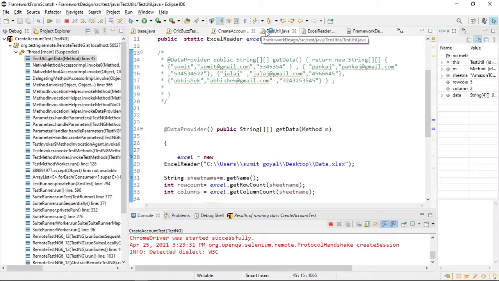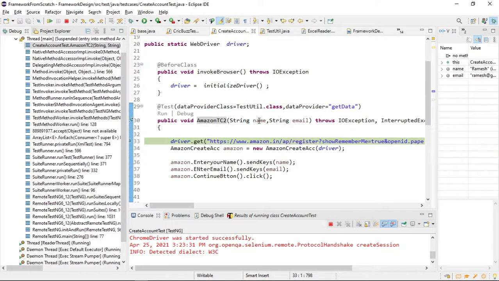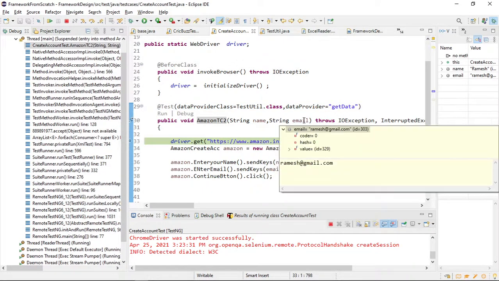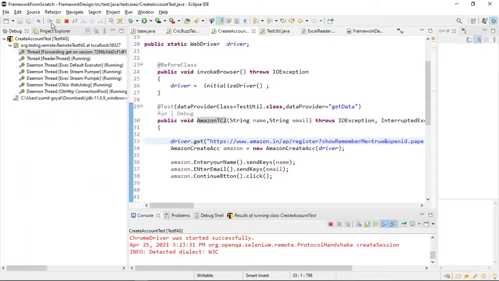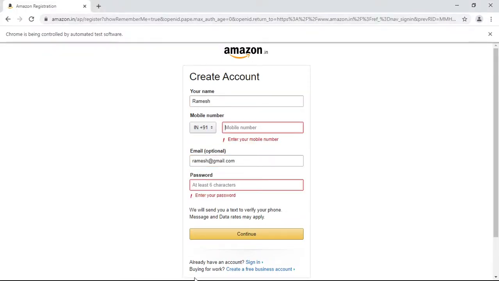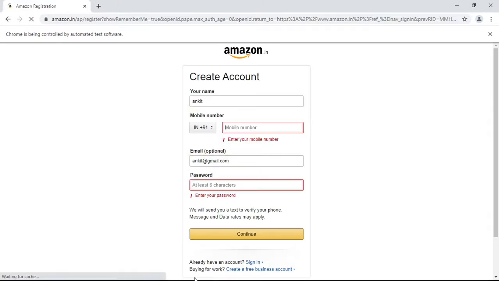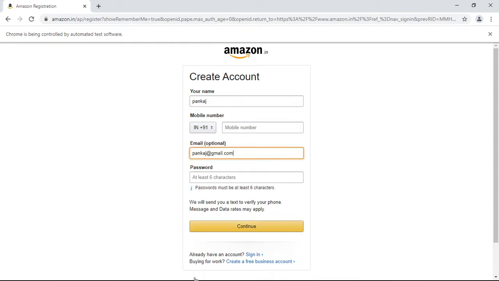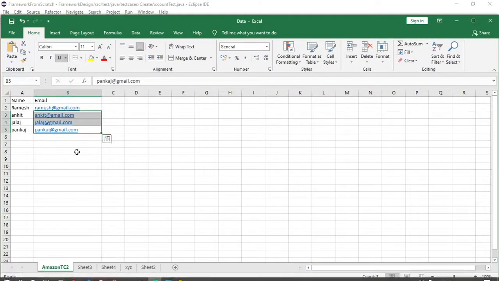And once you return this data, if I invoke it, this test case will now execute one by one. Right? If I come here, now you can see we are here. For the first one, the data will be Ramesh in the email. Now it will run in a similar fashion as earlier. It will run the test case 4 times. But here we have taken the Excel sheet as our data provider. Again the third one, and again the fourth one.